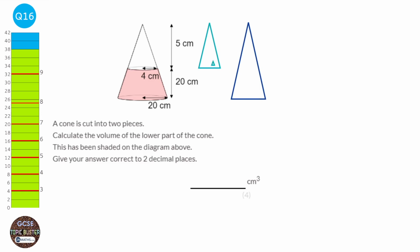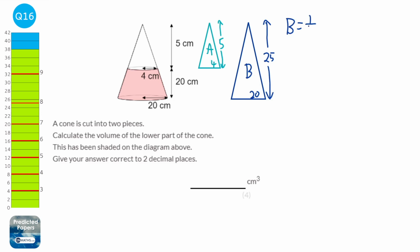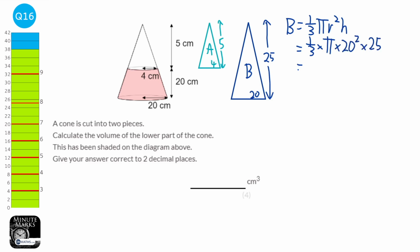So the radius for the smaller cone is 4, and the height is 5. And the radius for the larger cone is 20, and the height is the 20 plus the 5, so it would be 25. So I'm just going to label them A and B. And so why don't we work out the volume for B first? And the formula for the volume of a cone is 1/3 pi r squared h, with h being the perpendicular height. So it's 1/3 times pi times 20 squared times 25, which is going to be